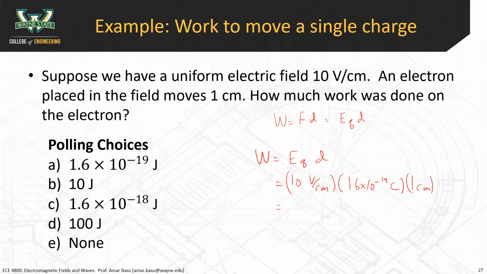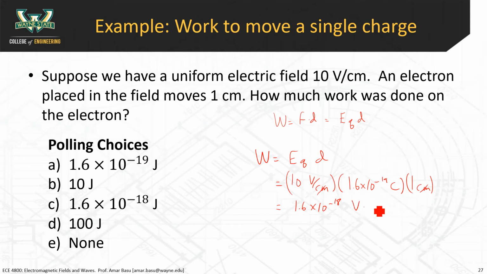Okay, so when you're thinking about units, the centimeters cancel here, and so it's 10 times 1.6 times 10 to the negative 19 coulombs. So this is 1.6 times 10 to the negative 18